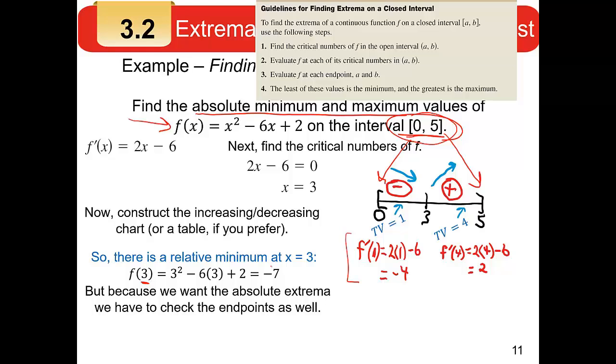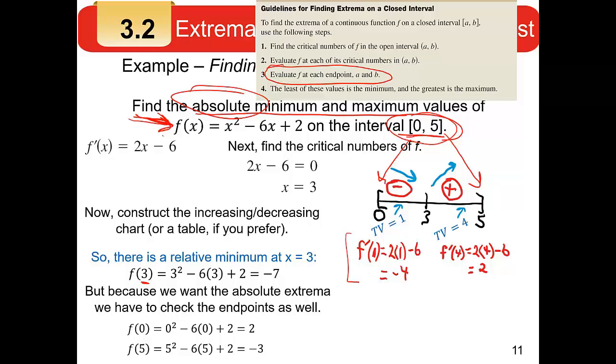But because we're looking for absolute extrema, we have to test endpoints. Remember, we have to throw in endpoints. So one endpoint is 0. Plug 0 back into the function itself, and you get a y value of 2. Then take the other endpoint, 5, you get a value of negative 3. So what you want to do is you want to take all three